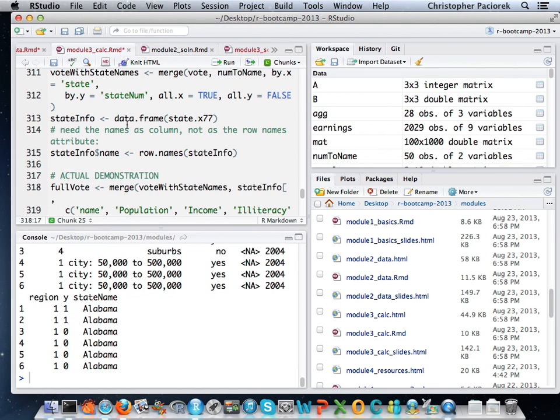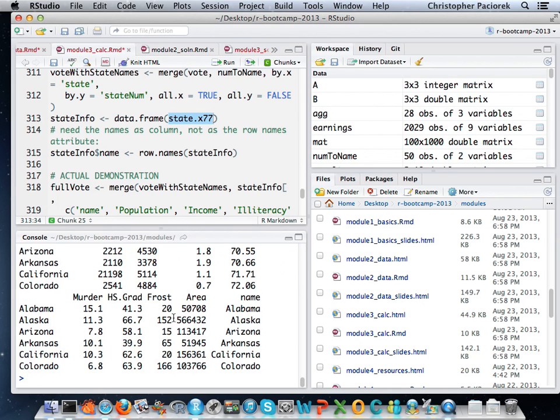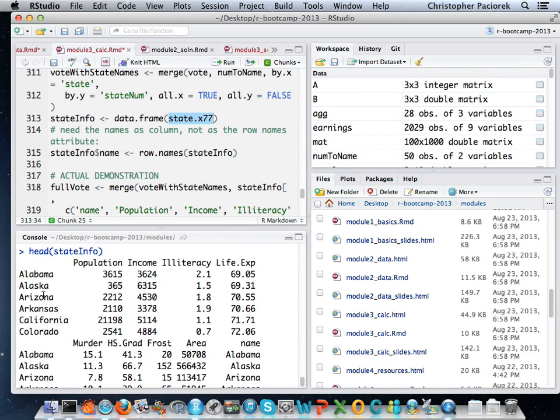And then there's this data frame, or I think it's actually a matrix in R, called state.x77 that has a whole bunch of information about states from 1977. So again, this is obviously a toy example. But I manipulated that so that I then had a state info data frame. As you can see, these happen to just be row names over here.